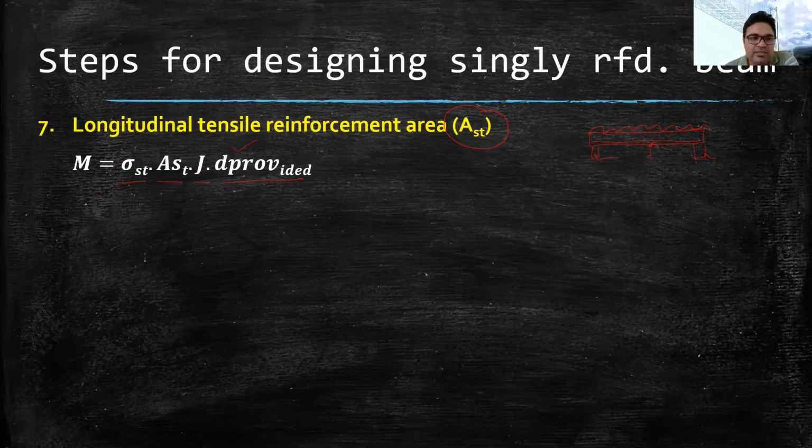So this is the formula that we generally use to find out the AST value. We already know that if we try to find out the moment of resistance from the steel side, this is the formula that we generally follow. For the steel side, the formula becomes sigma ST by m into m into AST into D minus X by 3, sorry, D minus X by 3. So m and m cancel out.